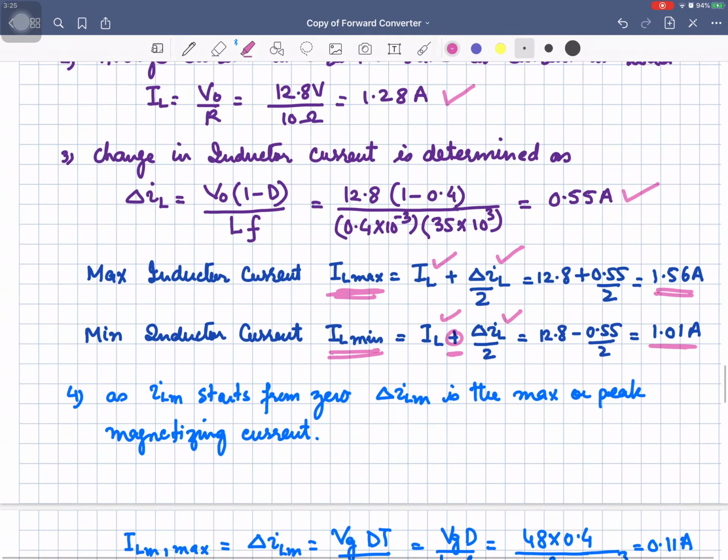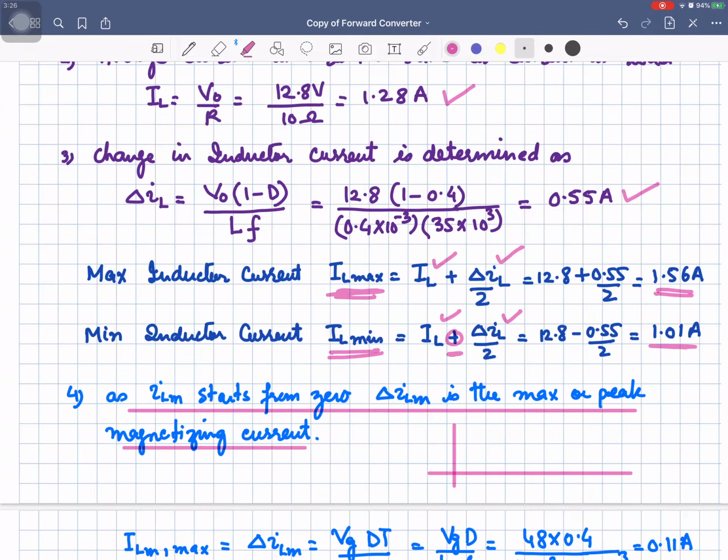Okay. Now let's look at the current in the magnetizing inductance. As ILM starts from 0, delta ILM is the maximum or the peak magnetizing current. If I look at the waveform of the ILM, the current in the magnetizing inductance that we discussed in the last video, it is like this. This is the maximum current, ILM maximum value, and the minimum value is 0,